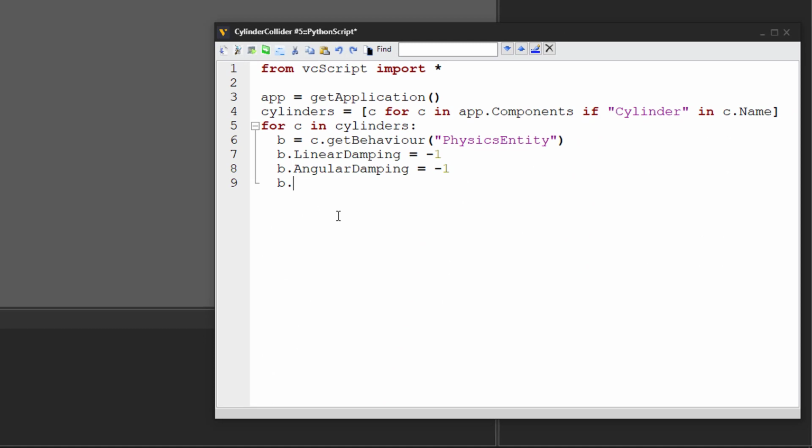So instead of using linear and angular, let's use solver position iterations. When this is 0, its default value is 4, if I remember correctly. And for the solver velocity iterations, when it's 0, its default value is 1.